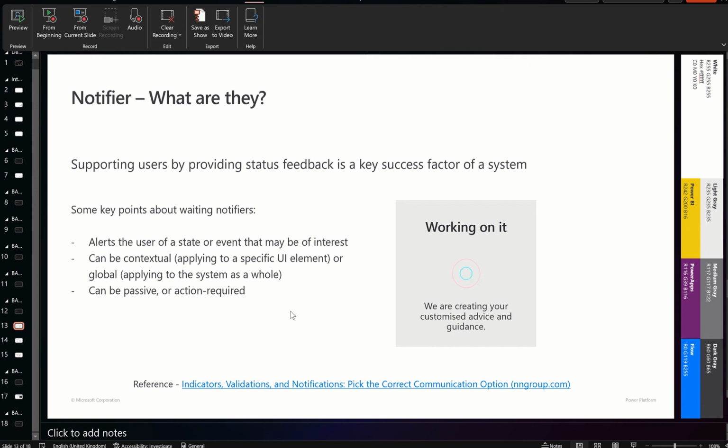And if you do want to know more about notifiers, I've put a link here to the Nielsen Norman group, who are like UI UX industry leaders, and they provide some really good information around notifiers and all of the different ways that they can be implemented if it's of